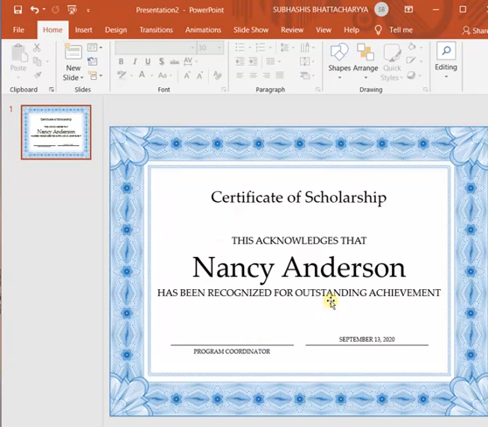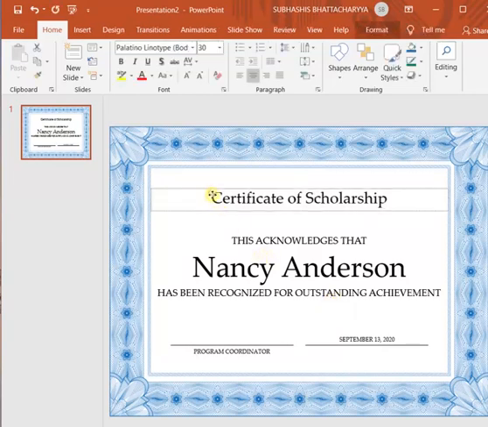Content means, as I am writing a certificate, so they have written the format of the certificate also here, how the certificate will look like. So this is called the content. So built-in templates have not only the design style, they also have the content. But in themes, there is no content. There is only the background style and colors.